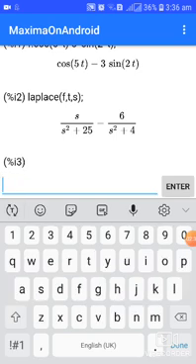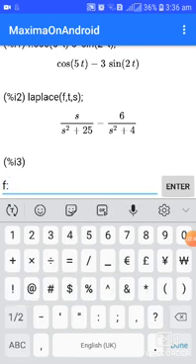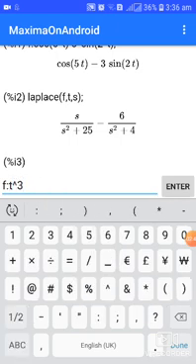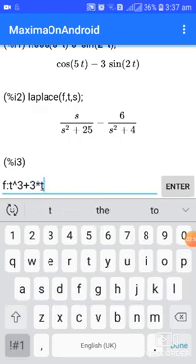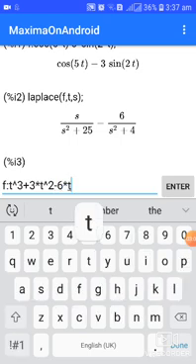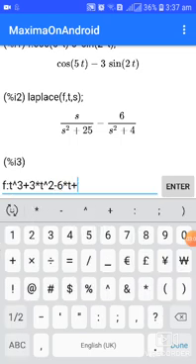Similarly, we will find out the Laplace transform of t cube plus 3t square minus 6t plus 8. First of all, type the given function. Our given function is t cube plus 3t square minus 6t plus 8.